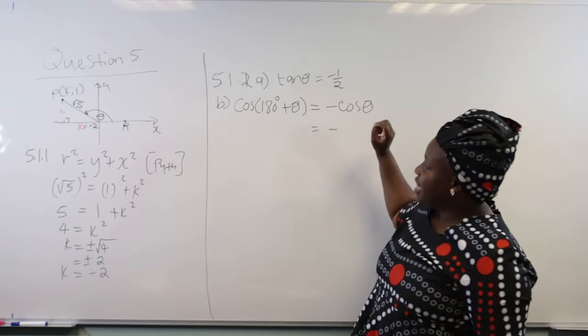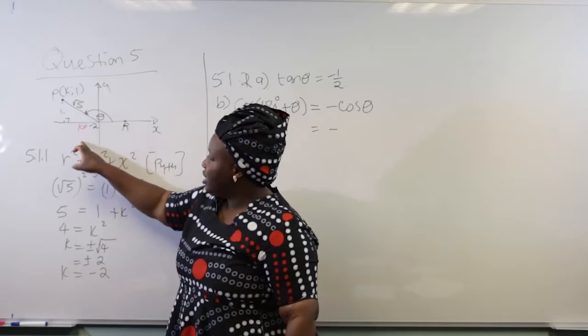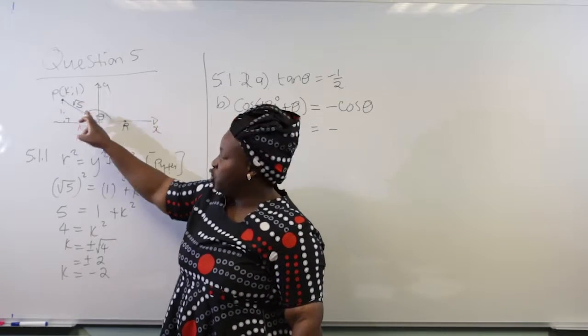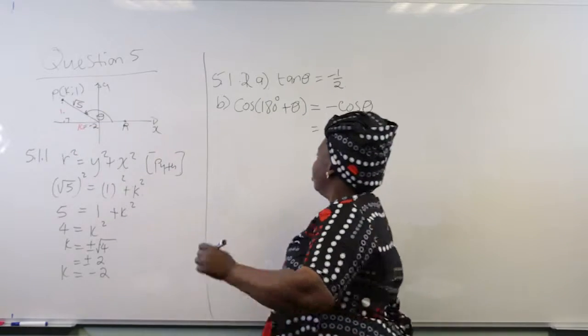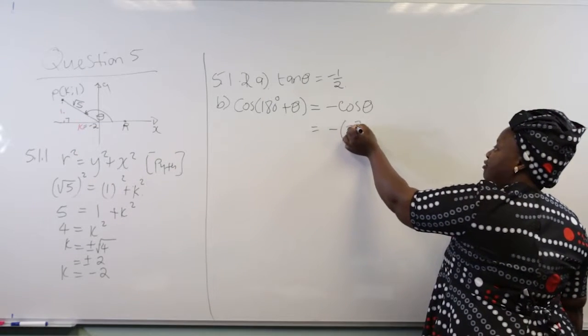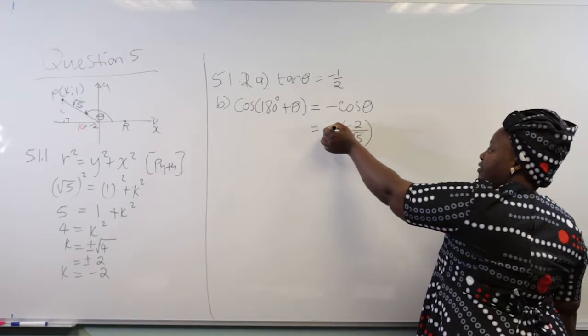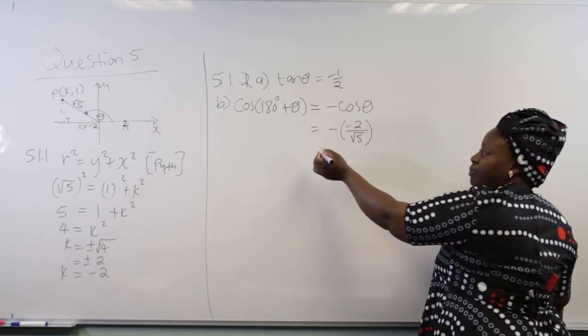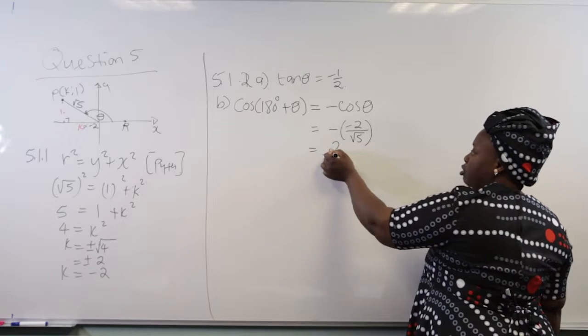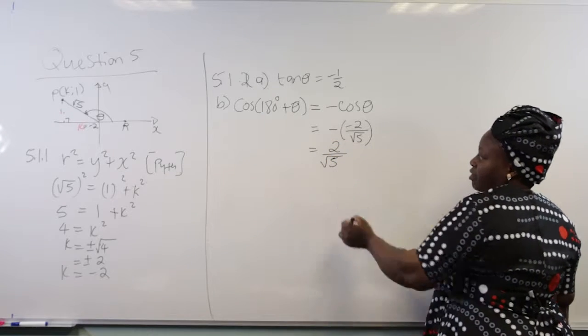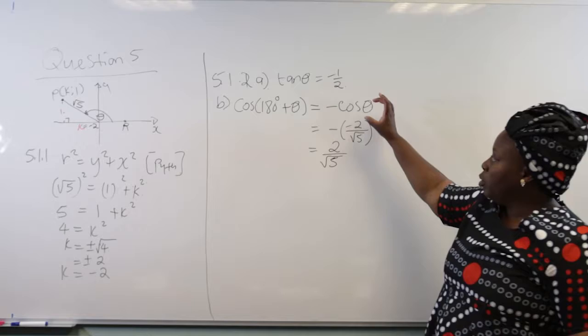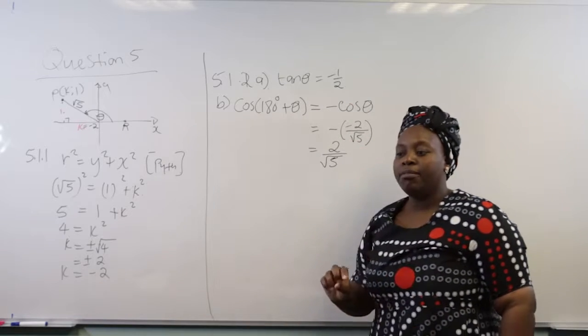Now cos theta there will be adjacent over hypotenuse, which is x over r. So it's going to be a negative 2 divided by the square root of 5. There's a negative outside the bracket. Multiplying them will give us a positive, so that is 2 divided by the square root of 5. This is 2 marks. 1 mark will be for the simplification, and the other mark will be for the location